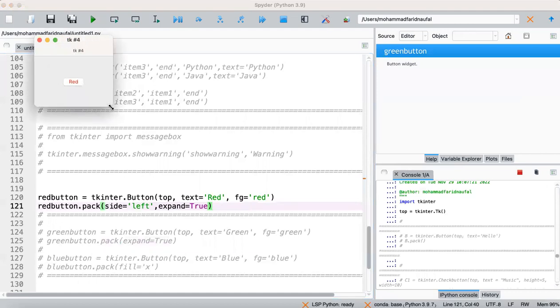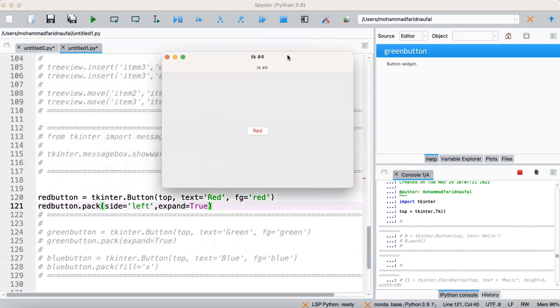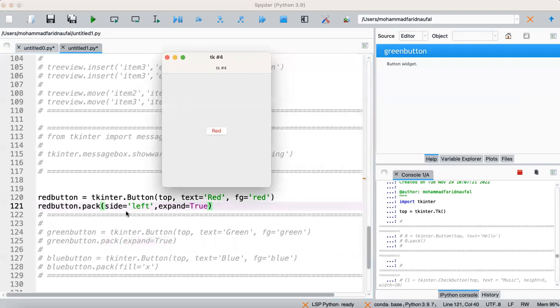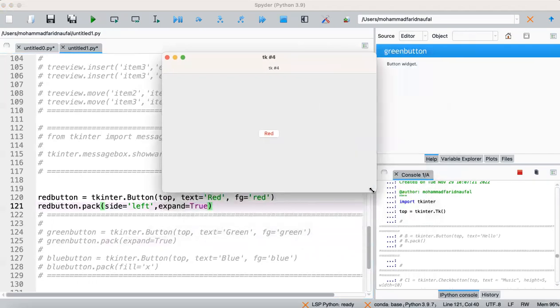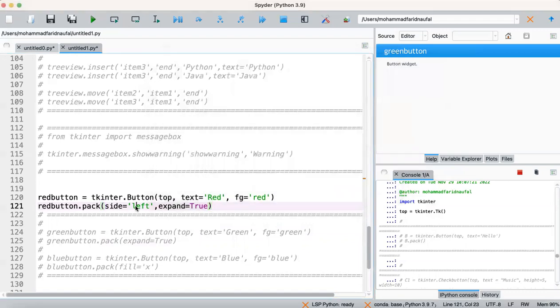Side left, expand true. So the side will not be used, because if we expand equal true, it will follow when we resize the GUI.